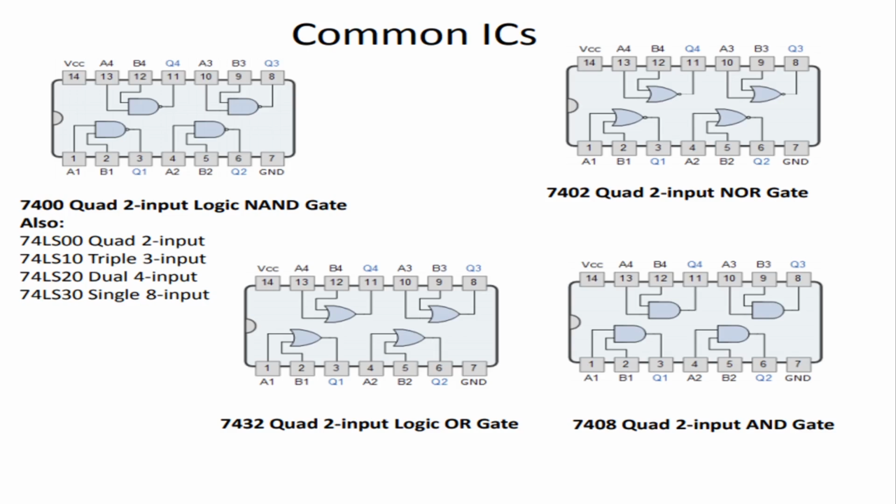Next is 7402, that is quad 2 input NOR gate. Next is 7432, quad 2 input logic OR gate. Next is 7408, quad 2 input AND gate. So if you observe, all the basic gates have 14 pins,